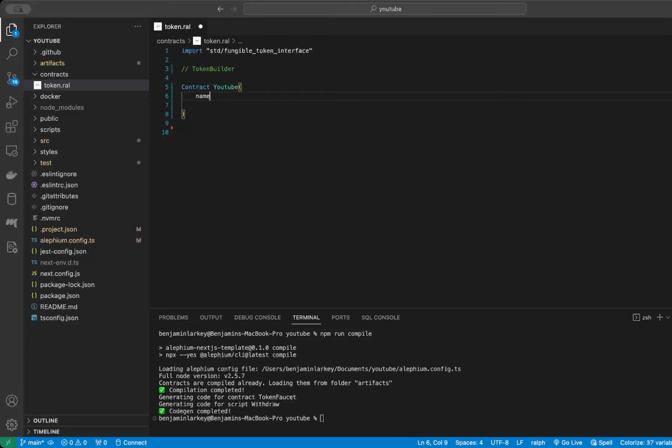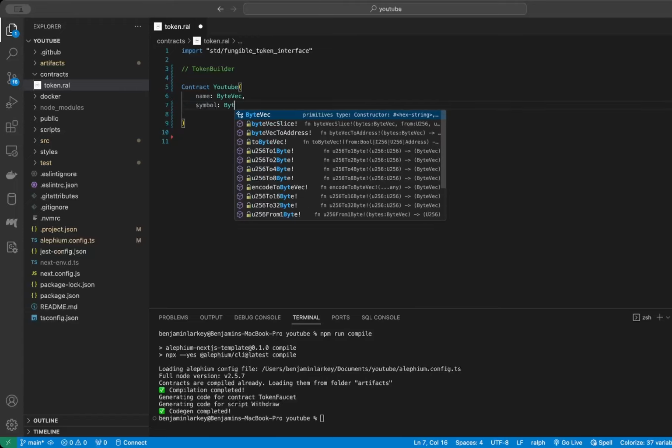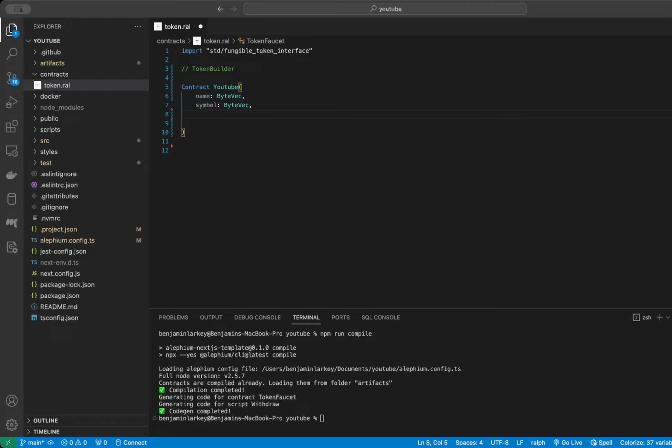So for instance, there's going to be a symbol, or actually name, which will take the form of bytevec. There's going to be a symbol for the actual token, which will also take the form of bytevec. And before we go any farther, I'm going to explain what bytevec is. This thing should not be considered as scary in any sense of the way. It's actually a very, very